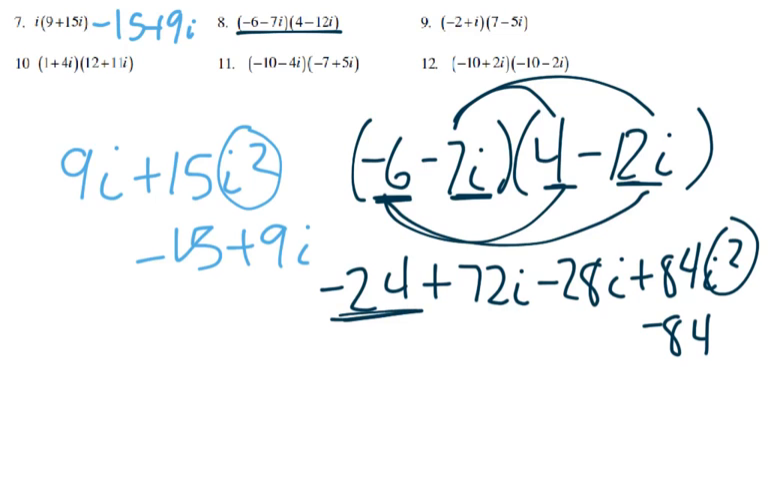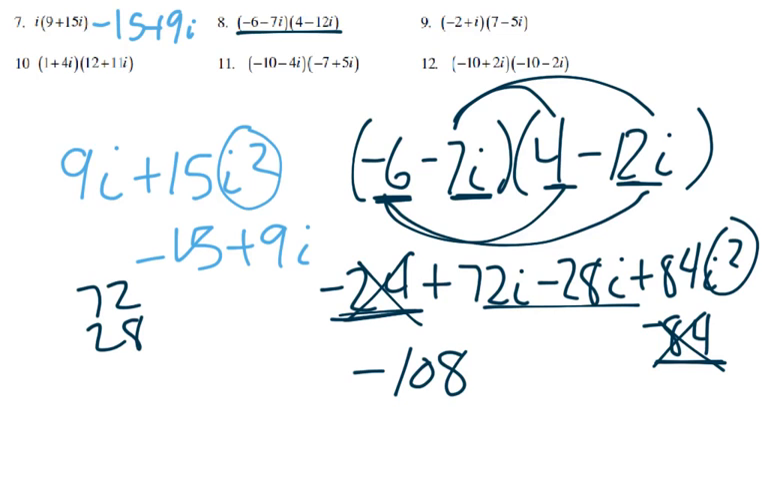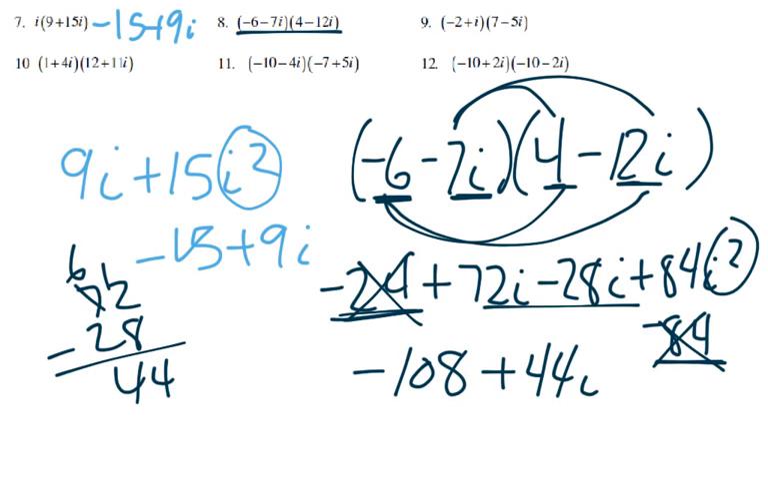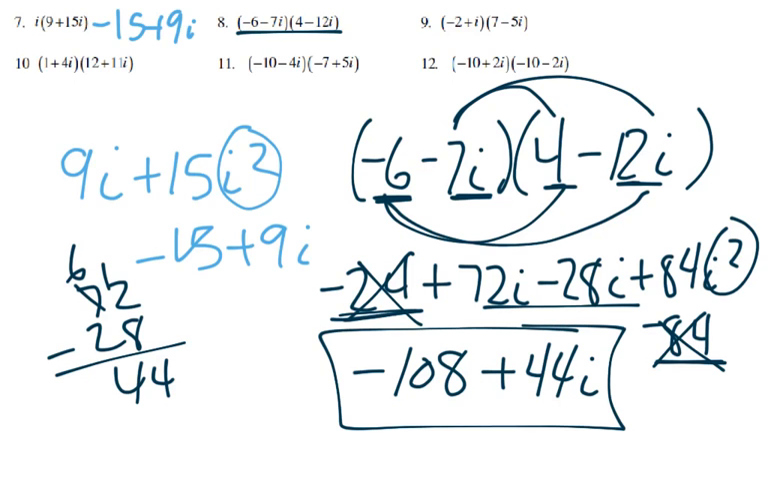Then we combine like terms. Negative 24, negative 84 would give us negative 108. Then combine those like terms. 72 minus 28 is 44. So plus 44i. So there's our answer to number 8. Kind of a long one, but